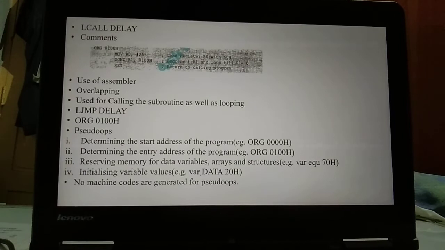If we mention the address, and the main code itself crosses that address, the subroutine code and the main program code will be overlapped. It is always safe to let the assembler decide this task. That is, the assembler should decide the address of the subroutine.